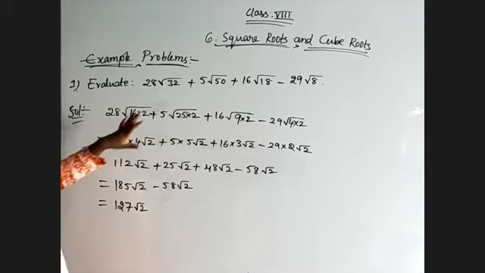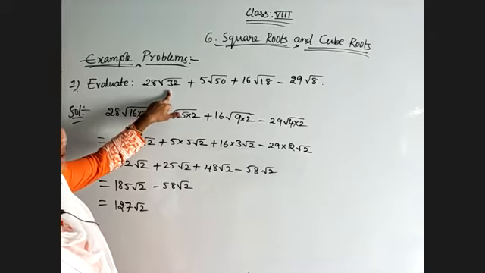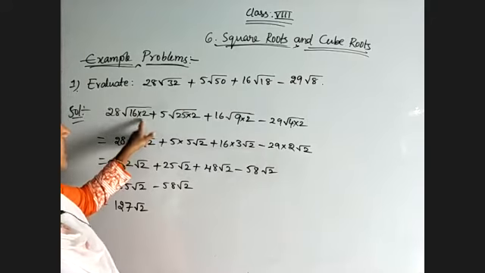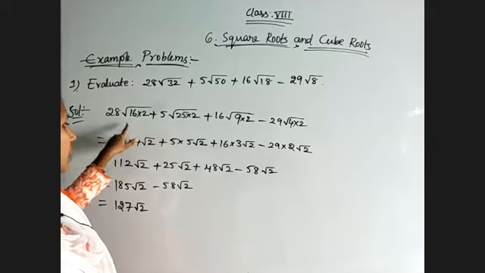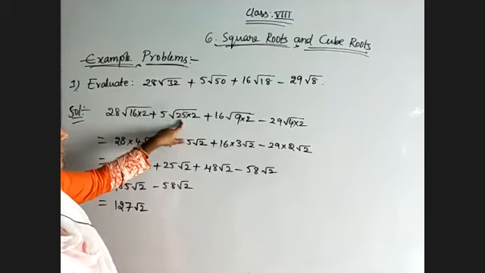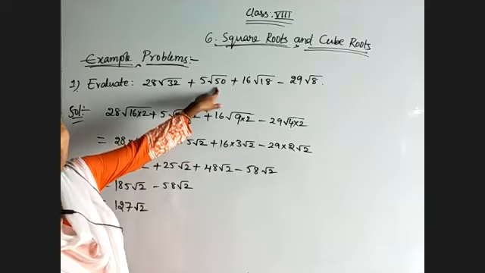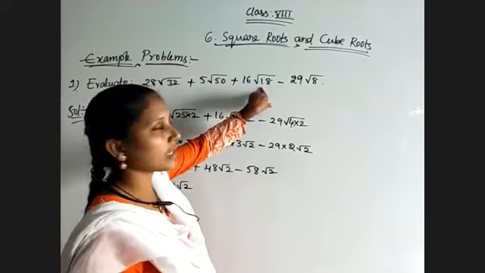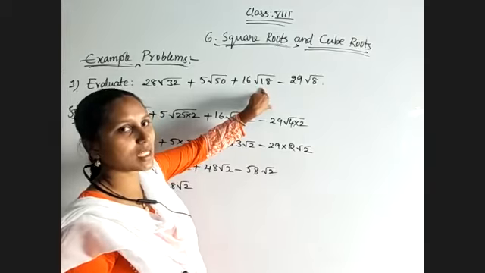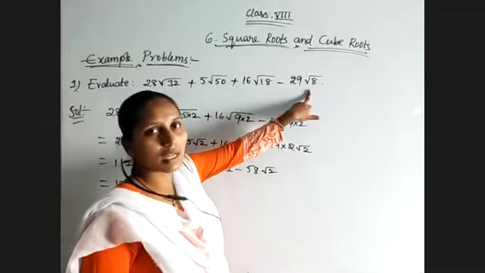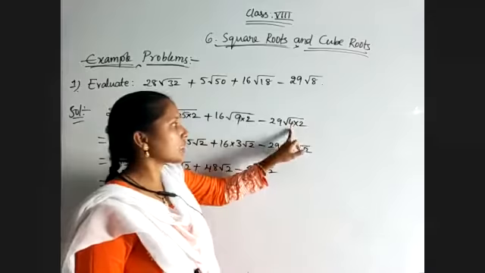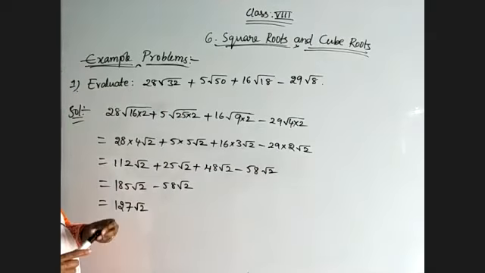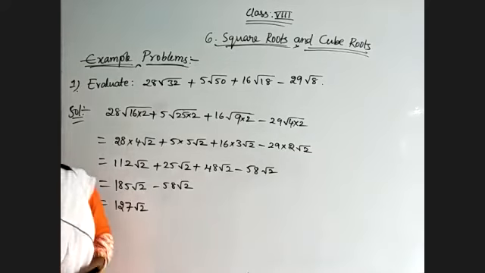So here what we are doing, just we are trying to write the nearest square value for 32. 16 2s are 32. So root 16 value we have 4 and root 25 value we have 5. So for 50, 25 2s are 50, 25 is a perfect square. And in case of 18, 9 2s are 18, so 9 is the perfect square. In case of 8, 4 2s are 8, 4 is the perfect square. That's all. Very simple problem. And like this, we will see another problem also.